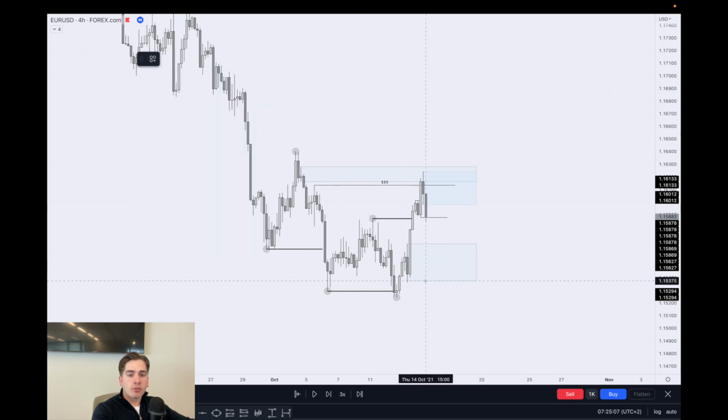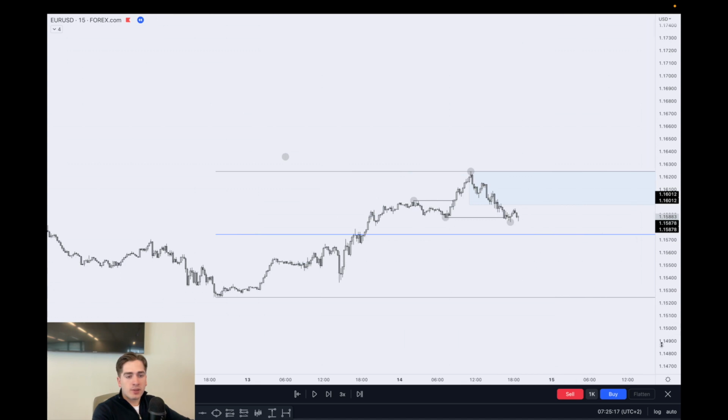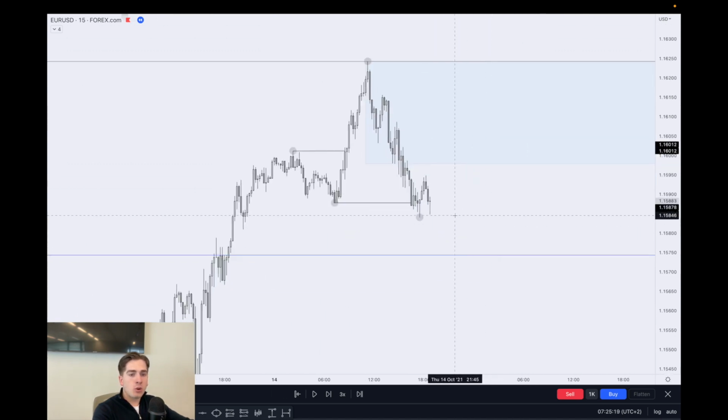One more additional confluence that you can utilize over here in this specific situation is the premium versus discount tool. As we can see, this area of demand is located inside the discount from where we want to look for longs. Now looking back at the 15-minute time frame, I want to actually take one more long before trading from